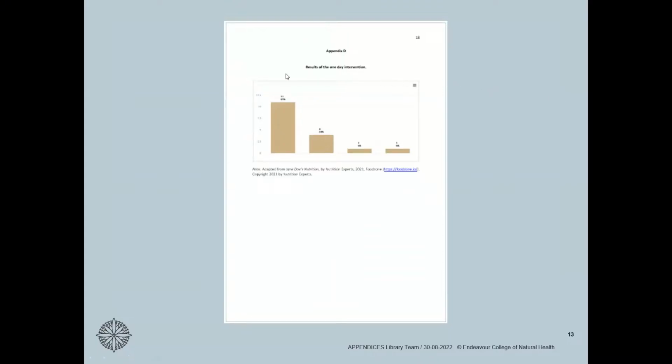It has only one piece of information belonging to this appendix, so it does not require a figure, label, or heading, and you can refer to it just as Appendix D, the appendix label. It has one descriptive title, and it still has that information for referencing. You'll notice that this information is exactly the same as the previous tables, even though it has its own note, which is required for each figure and table. You only need to have the information in the reference list once.